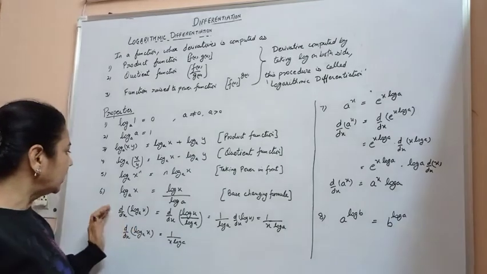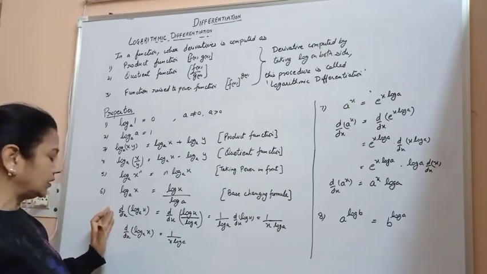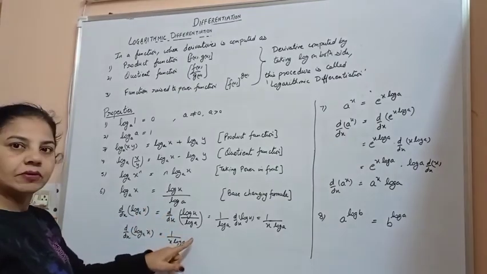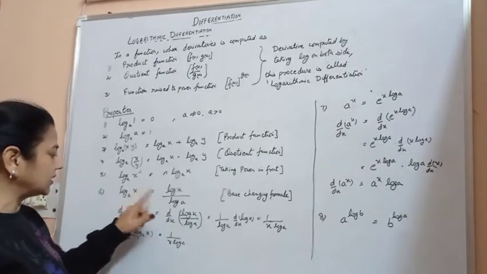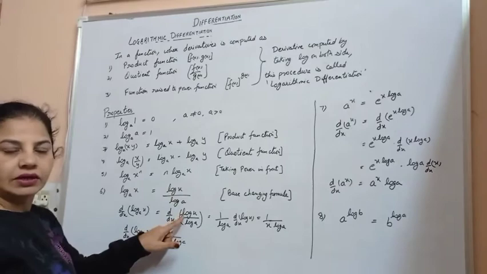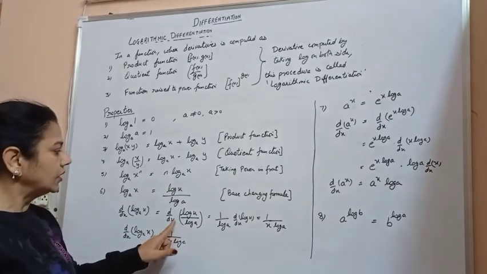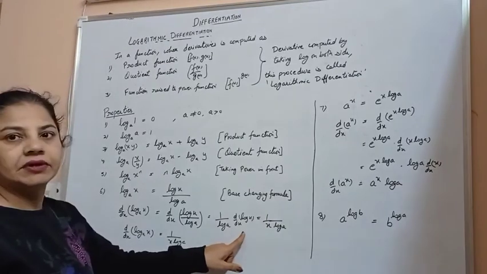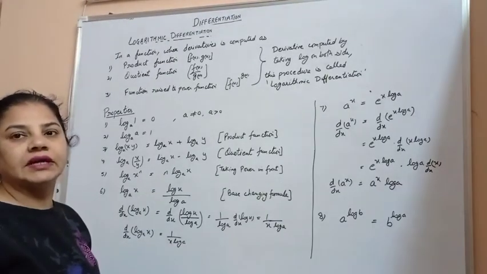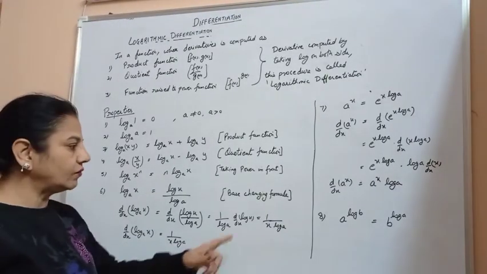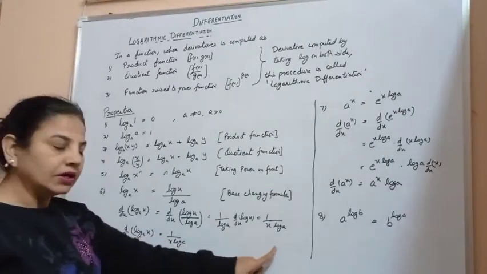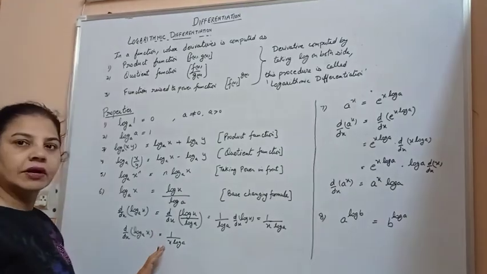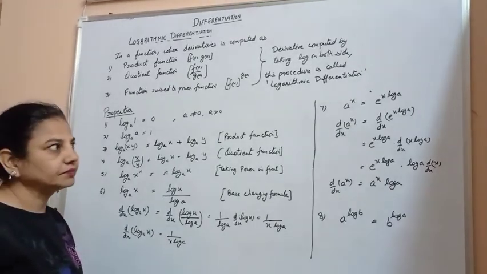This is very important. Now taking the derivative of this function, log a x, we get the derivative of log x upon log a. We change this into the form of log x upon log a, a quotient function. So being a constant, log a we take forward and we take the derivative of log x. And we know that the derivative of log x is 1 by x. So 1 upon x log a. Thus we have the derivative of log a x as 1 upon x log a.